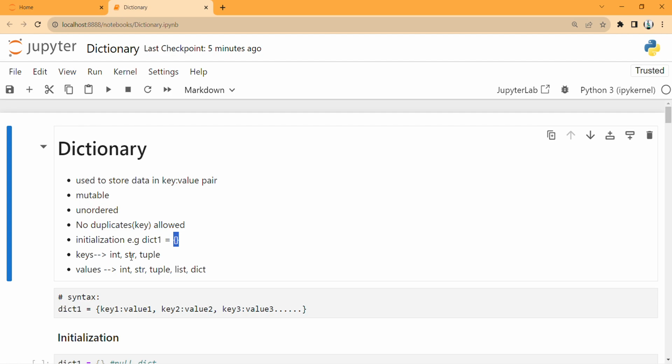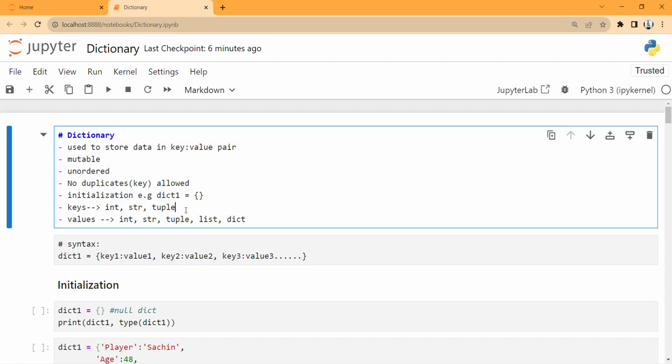First, key must be of these data types. It must be integer, string or tuple. Okay, it must be integer, string or tuple. And values can be integer, string, tuple, list or a dictionary itself. So basically we can say that keys should be